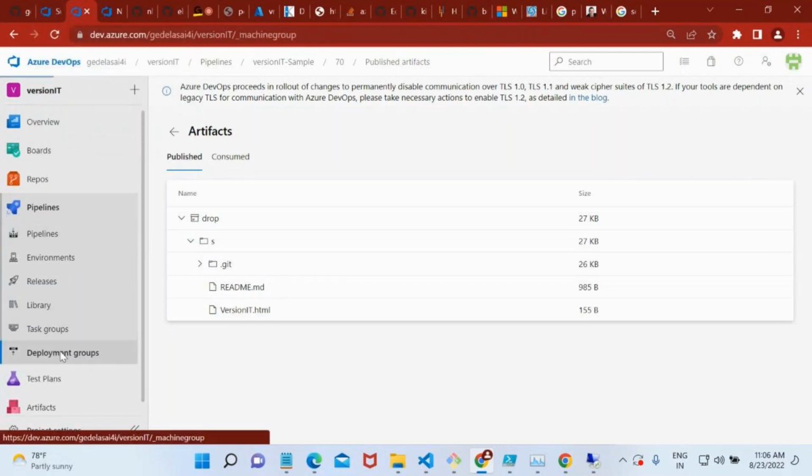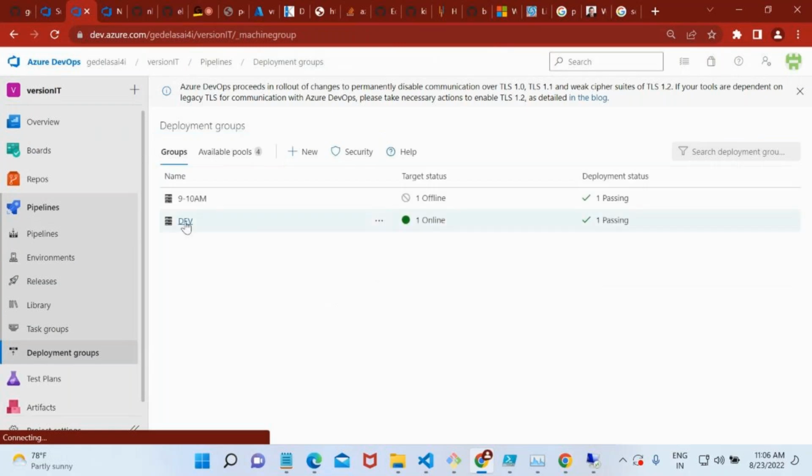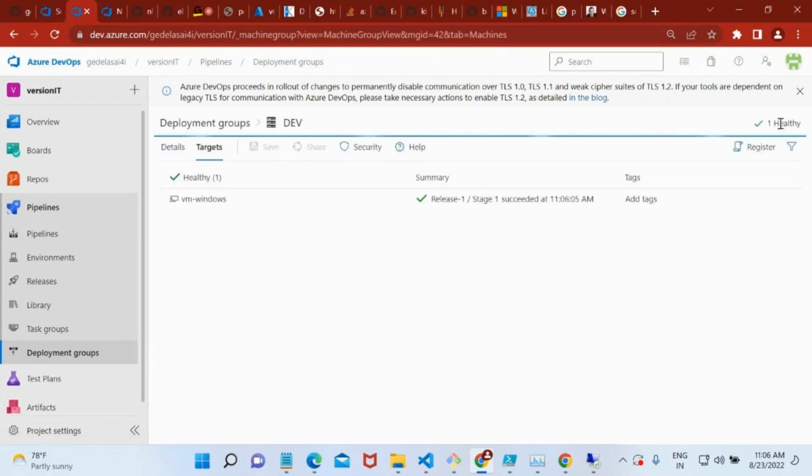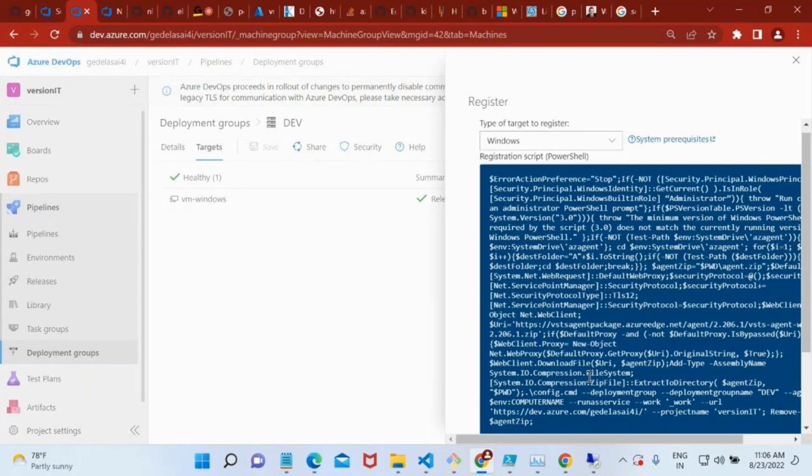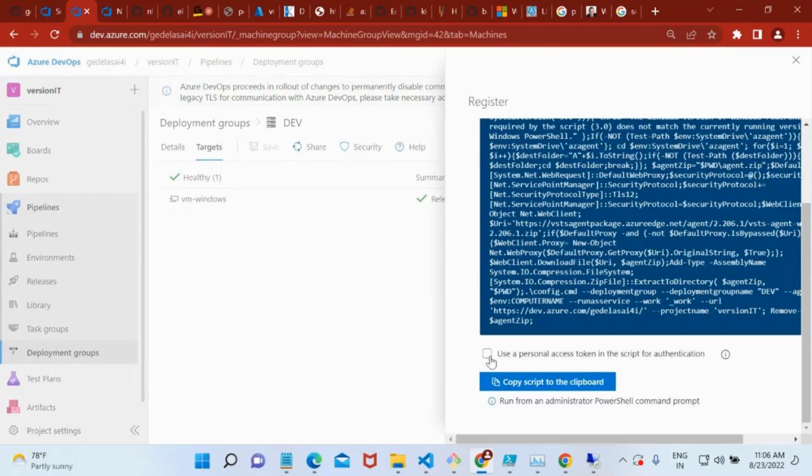If you go to deployment group jobs, in this group job, I want to register a new target. See this. This is the script, right? In this script, we provided this personal access token. Based on this authentication token only, it is trying to deploy to the VM. Why is it not asking any username and password? Because the pipeline agent is sitting in that VM already. So that's why it is not asking any username and password. Okay,